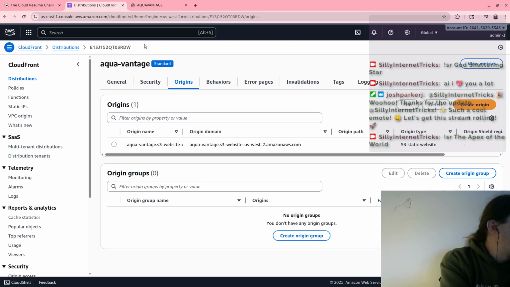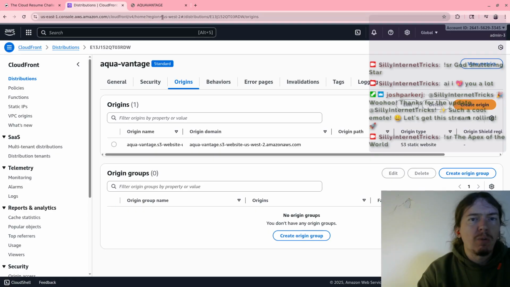All right, so let's go ahead and look at the, so hold on. It's IP-based routing, traffic policy records, resolver, inbound endpoints. Well, all right, let's look at what we're doing.